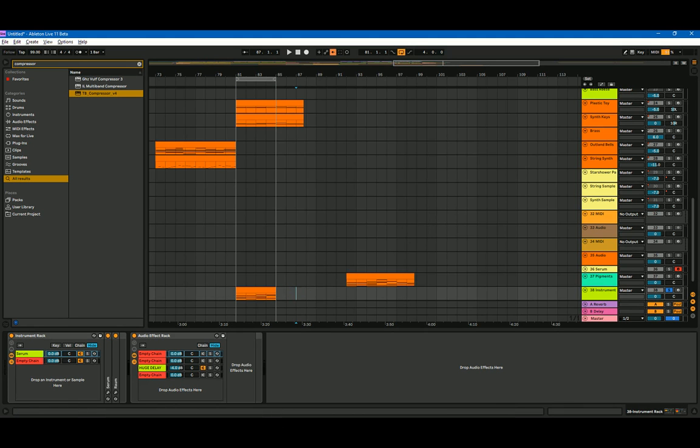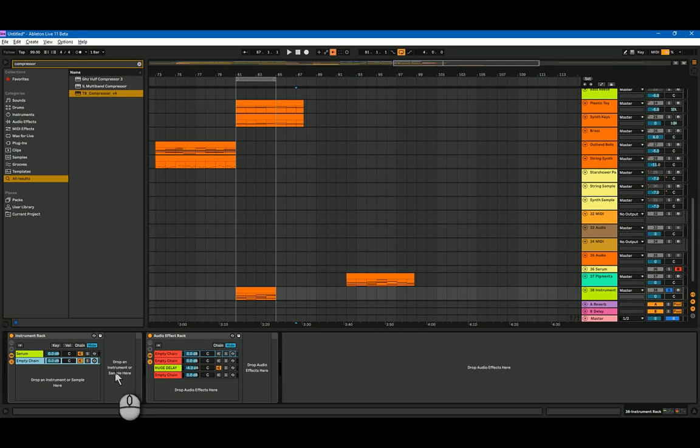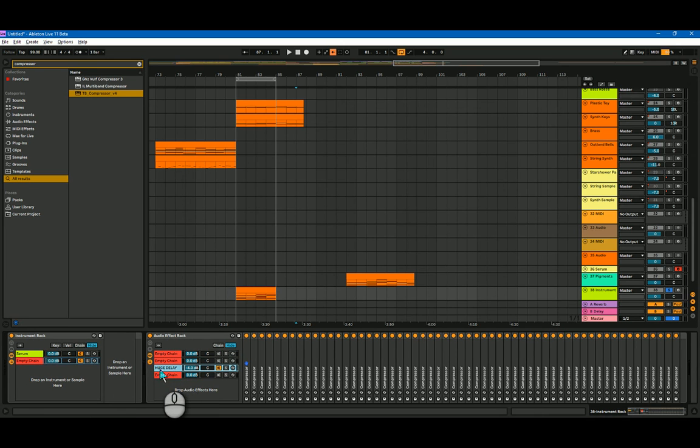Okay, so what we're looking at here is a track that contains an instrument rack, and inside this instrument rack we have two chains, one with an instance of Serum and also a reverb plugin. Below it we have an empty chain with no devices on it. Following that we have an effect rack that contains three empty chains and one chain which I have named huge